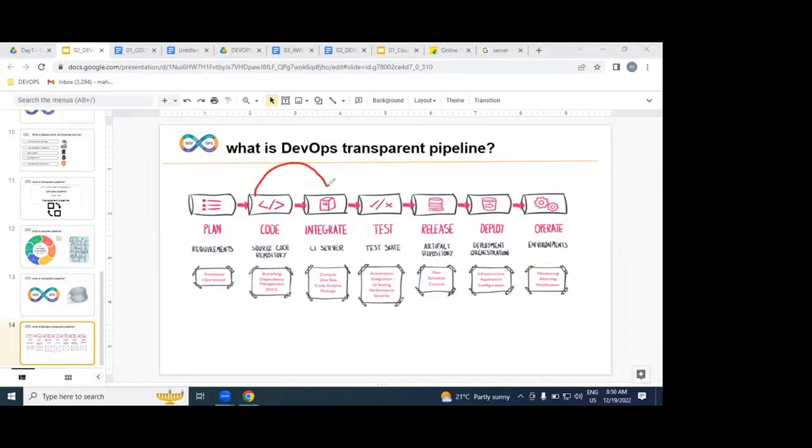The developer code is integrated, then verified by the test cases. If you get an error, it is redirected back to the developer. This loop repeats until there are zero errors and zero bugs. Once everything is fine, without any error or bug, we call it the working software, the application.